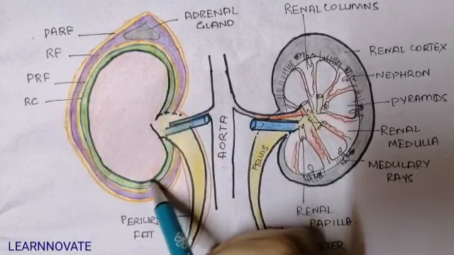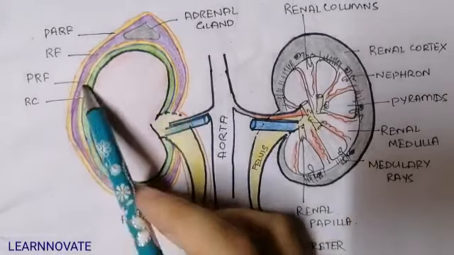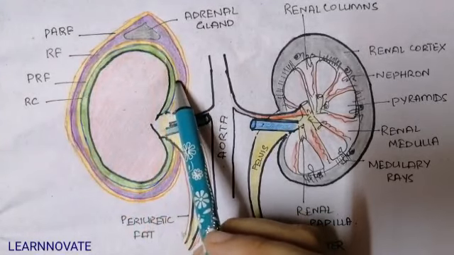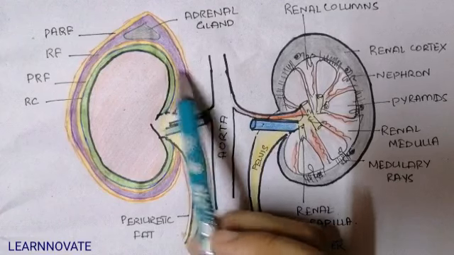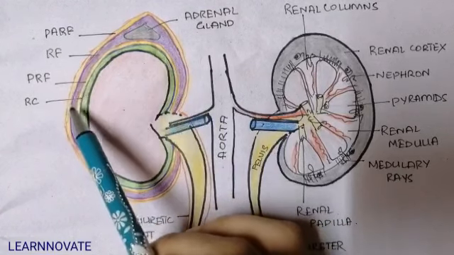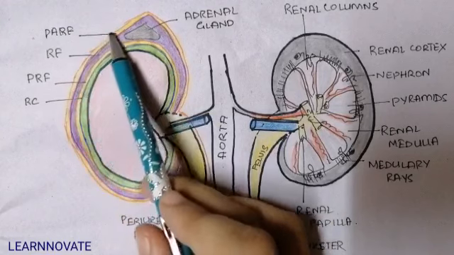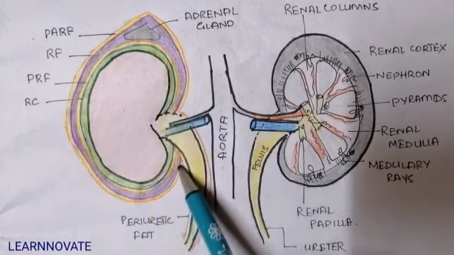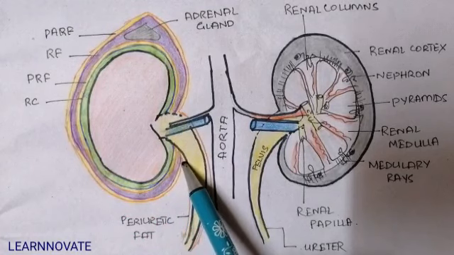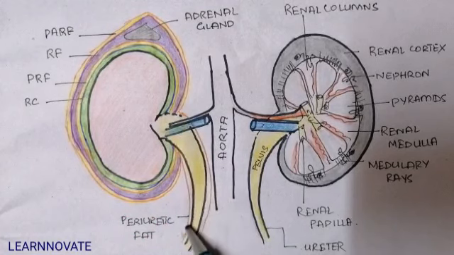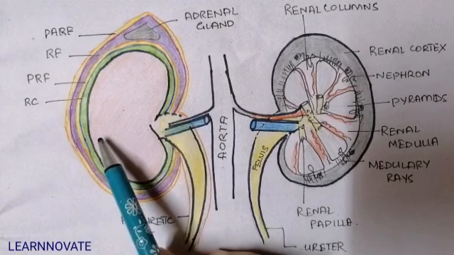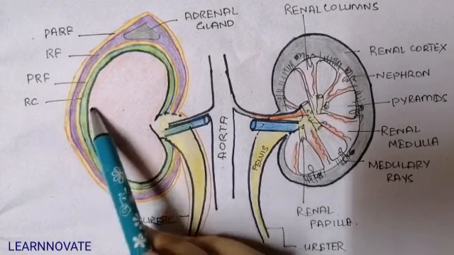This renal fascia not only covers the kidney, but it will also cover the adrenal glands. So the renal fascia is an important structure of support of the kidney. Outside the renal fascia, we have another layer of fat that is called the paranephric fat. This paranephric fat will also cover the renal fascia. Also, this paranephric fat will pass over the pelvis of the ureter, and it will also form the periureteric fat.